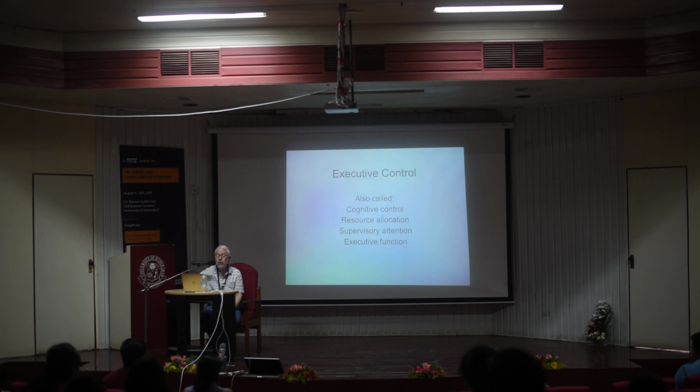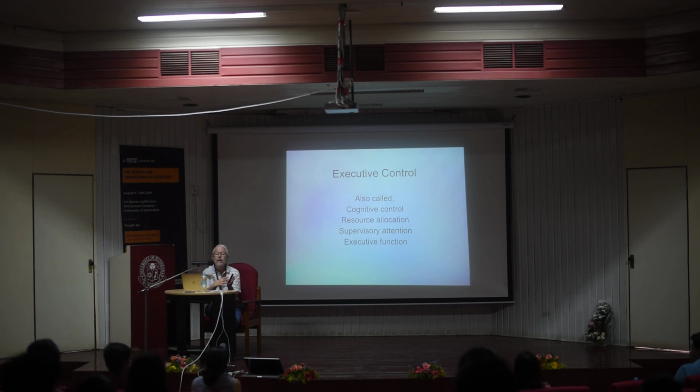And it's important when you're interested in a concept like this to know what terms people use to describe it. So executive control is one that I think Posner popularized in his attention network test. It's also called cognitive control or resource allocation or supervisory attention or executive function. And there's probably other words. And it turns out it's not quite a concise concept. It's really more like attention. So Posner had 3 networks of attention, one of which was executive control, and really executive control also is a rubric, or a phrase that refers to a lot of different things that are maybe all related, but they're a bit separable.